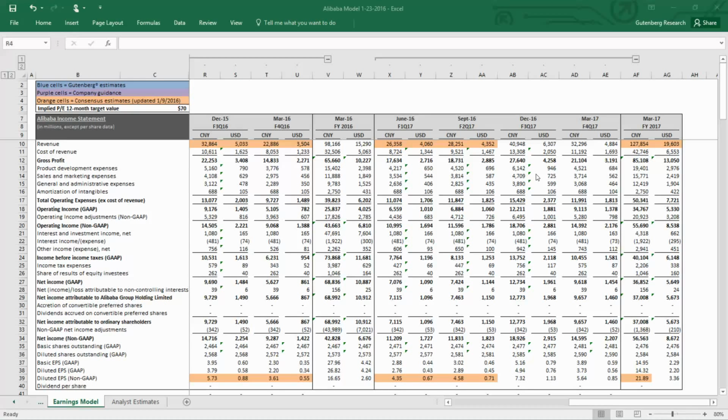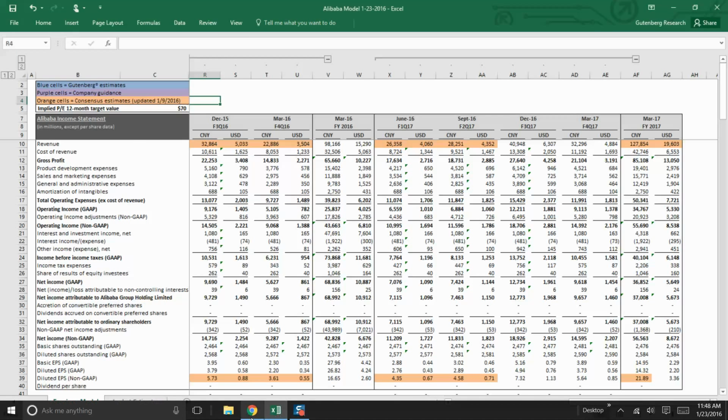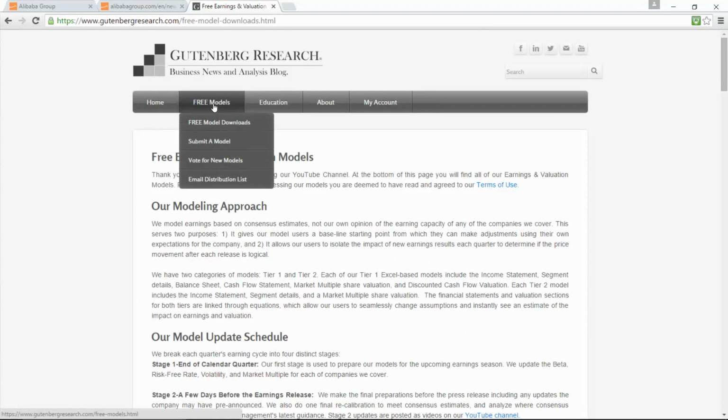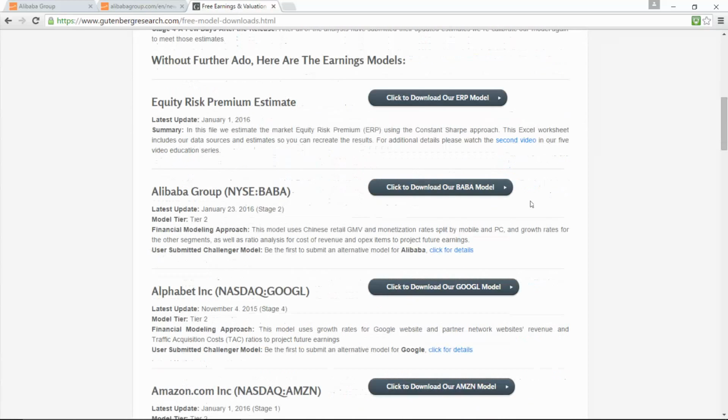In this video, we're going to show you everything you need to know to get ready for this week's Alibaba release. To do this, we'll be using our Alibaba earnings model, which you can download on our website for free, gutenbergresearch.com. Just click on the free models tab, scroll down to Alibaba, click the button, and you'll see it